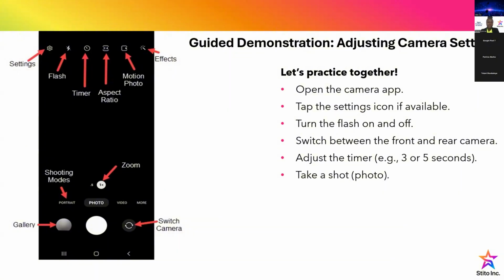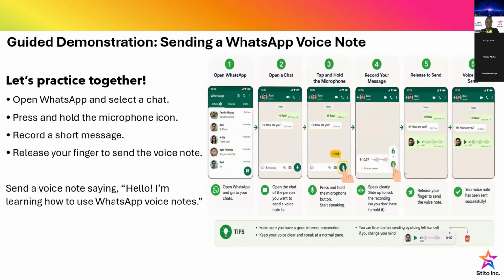Yes, from this side, in the down part of our camera, you will see gallery, which is other images we have taken before that are stored on our system, on our gadgets. And beside it, in the middle, as I said, is the shutter, where you press and it takes the image. But beside it, you will see an arrow that goes up and down. That is where, if you want to switch your camera to the front or to the back, depending on what effect you want to achieve, you can switch it here and there. So we can practice that at home, please, because of time.